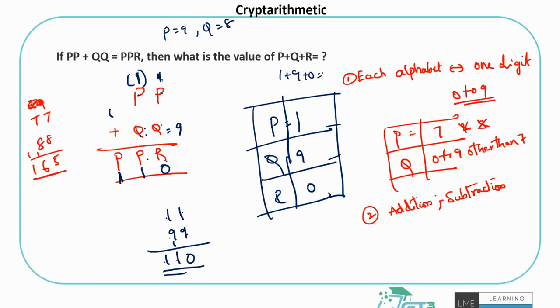These are the answers. So what is the value of P plus Q plus R? It's simply 10. That's how you can solve this question. If you're still confused, don't worry, just pause it, rewind and watch this again. First of all, try to do it on your own with the points I've discussed, and then try it. You will definitely get used to it.